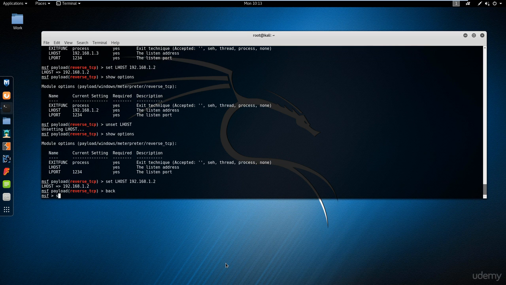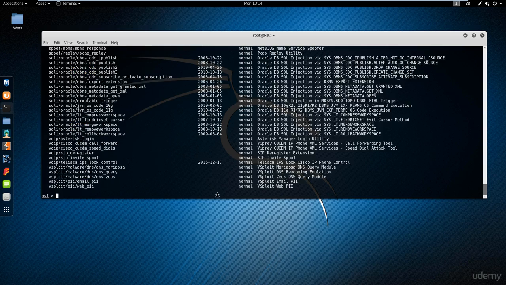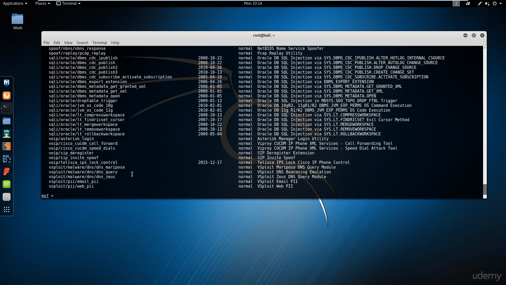So I'm gonna say right now show auxiliaries. The auxiliaries will help me get some information about the target, scan the open ports, see which operating system the target is using, and more. So I'm gonna say show auxiliary, and it's gonna take some time to give us all the auxiliaries. And here it is, all the auxiliaries that we can use in order to get some information about the target, whether it's open ports, operating system,